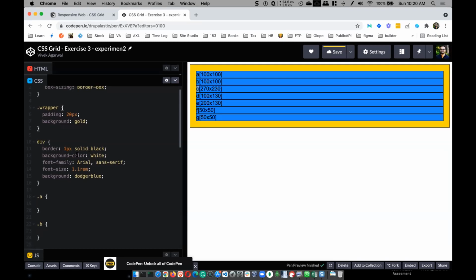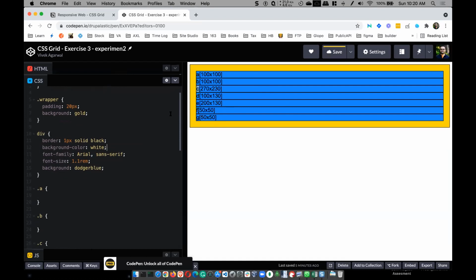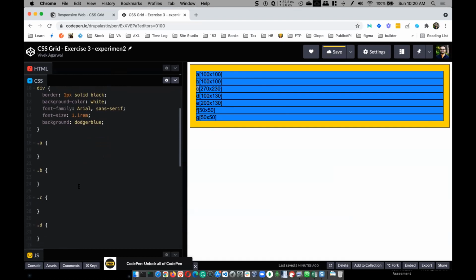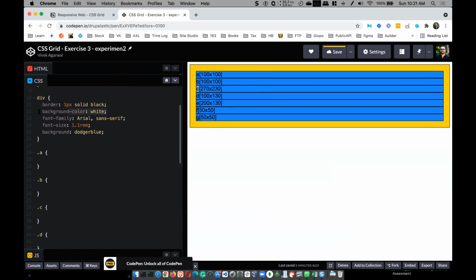और जब भी कोड पेन रिफ्रेश नहीं होना, एक स्पेस देके बैक कर दो, तो यहाँ पे कोड पेन इज अपडेटिंग आएगा, और वो रिफ्रेश हो जाएगा। और बैकग्राउंड कलर मैंने व्हाइट दिया था, फिर उसको मैंने कहीं ओवरराइट किया होगा। ये बैकग्राउंड ब्लू दिया है, तो ये व्हाइट की कोई जरूरत नहीं है इधर। तो ये मैंने बहुत ही बेसिक स्टाइलिंग किया है, सो दैट ग्रिड के कंटेनर को और आइटम्स को आप क्लियरली देख सको।